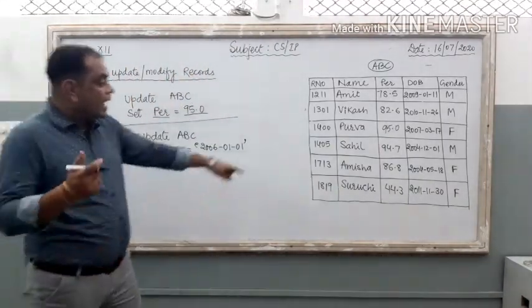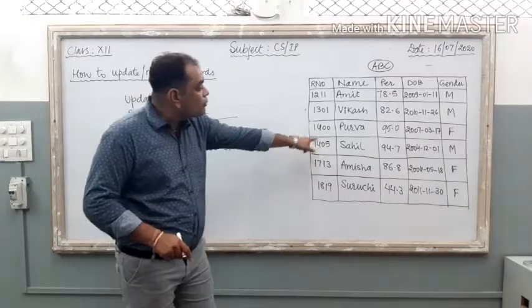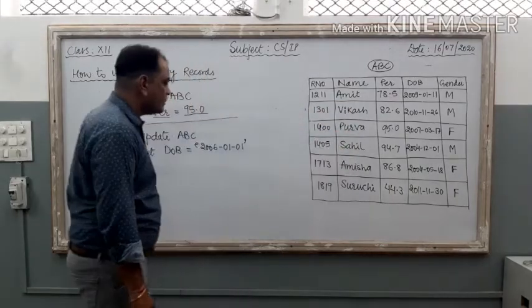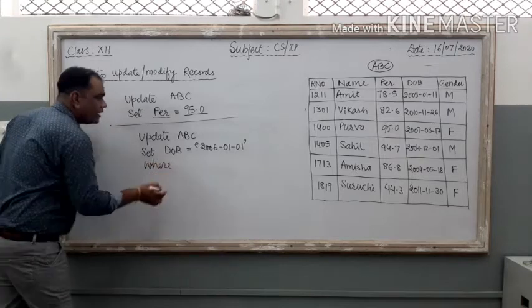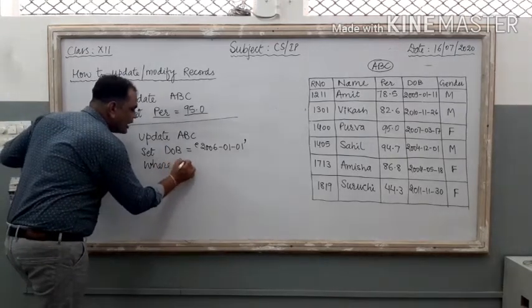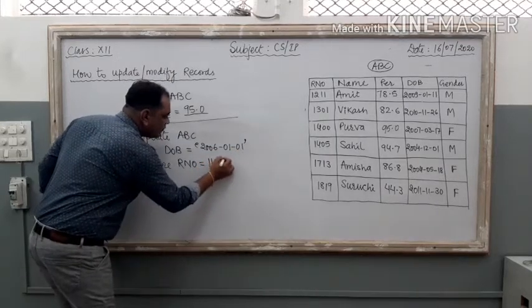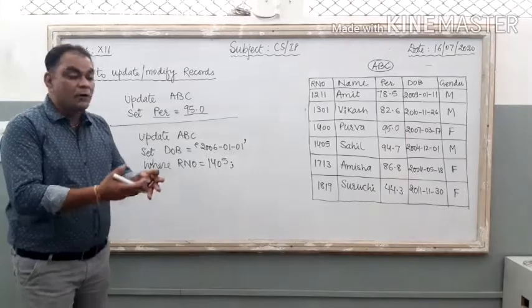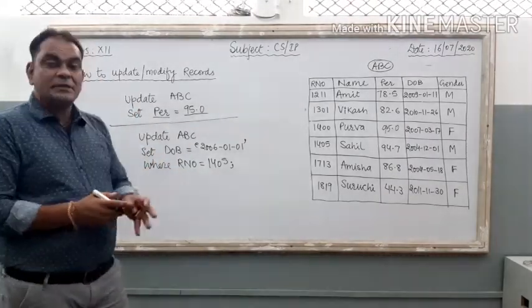कैसे filter करें? Either you can filter the record by using the roll number of Sahil, or you can filter the record by using the name of this particular person. Here my condition is where RNO equal to, what is the roll number of Sahil? It is 1405. Either I can use this command. So automatically the computer filters this specific record only, केवल साहिल की परसेंटेज में जाके चेंज होगा.